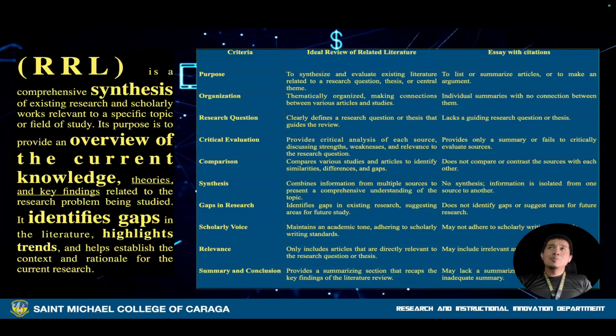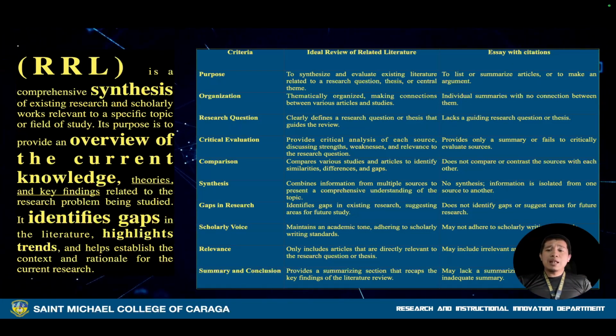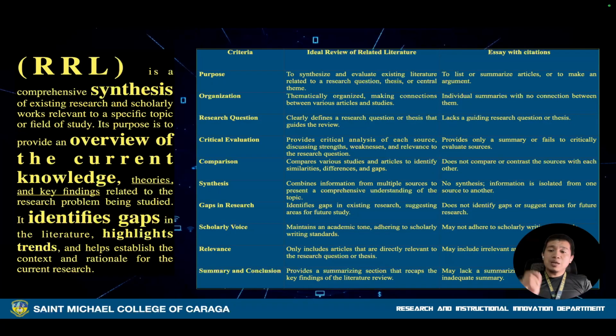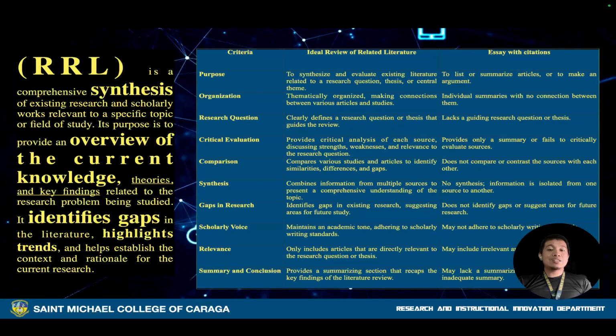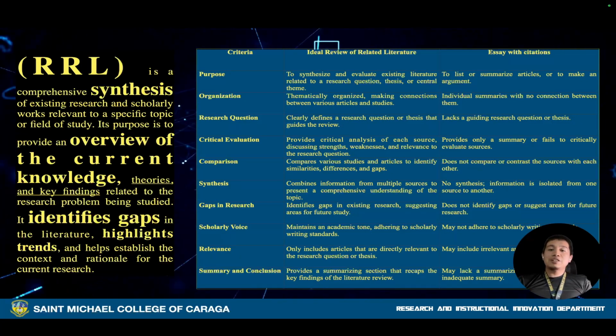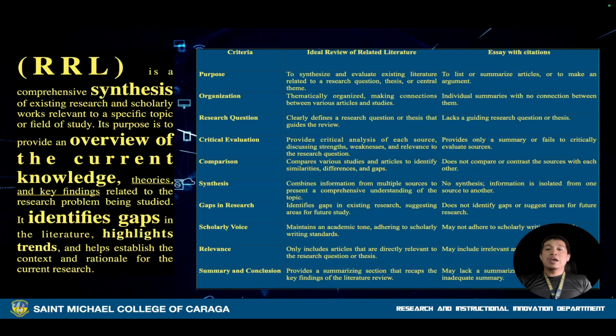An essay would have a quotation, a line directly from a research paper, but if you're going to write a review of related literature, you're going to compare and contrast each of the journal articles and identify which would be usable. The important thing to understand about a review of related literature is that you are going to critically analyze each source, identifying its strengths, its weaknesses, and its relevance to your research question or research